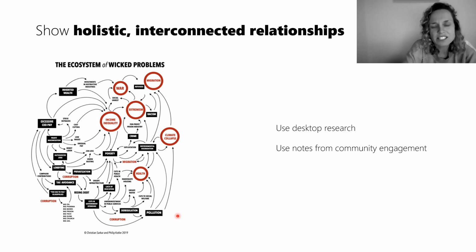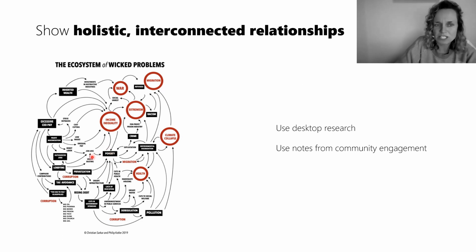So often these are used to communicate and analyze what they call wicked or complex problems that involve lots of different people, lots of different events that sort of have a knock-on effect, and they interrelate. So what we're trying to do here is say, okay, we've noticed this street life study. We need to unpack why that might be happening, how that might be happening, in a diagram that shows holistic, interconnected relationships. So we can see here as an example,